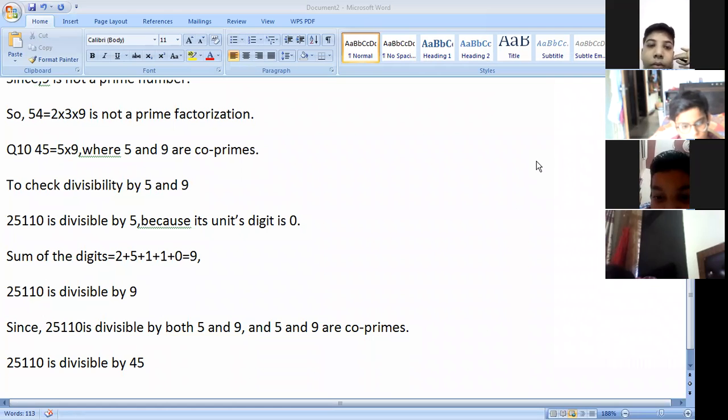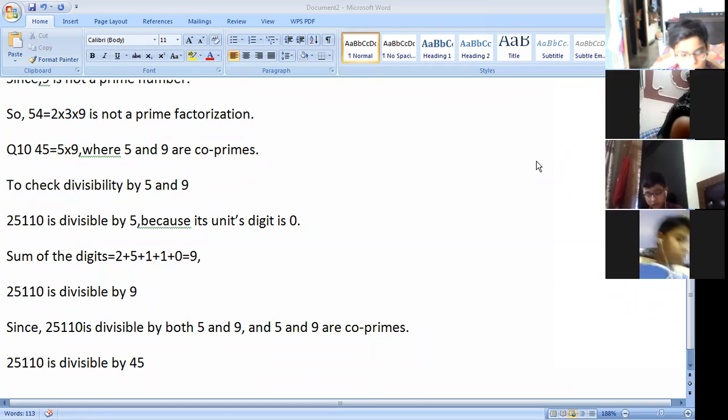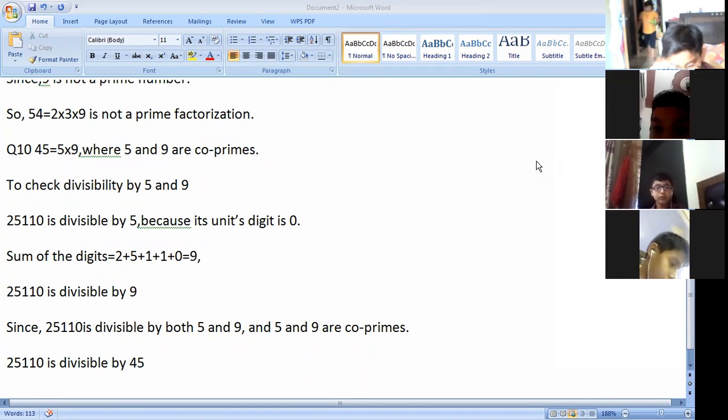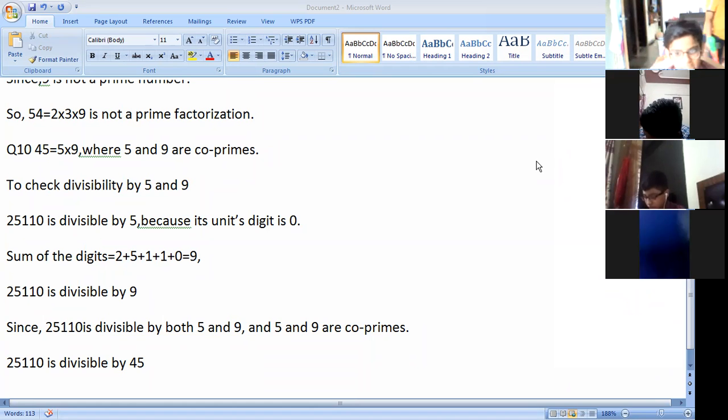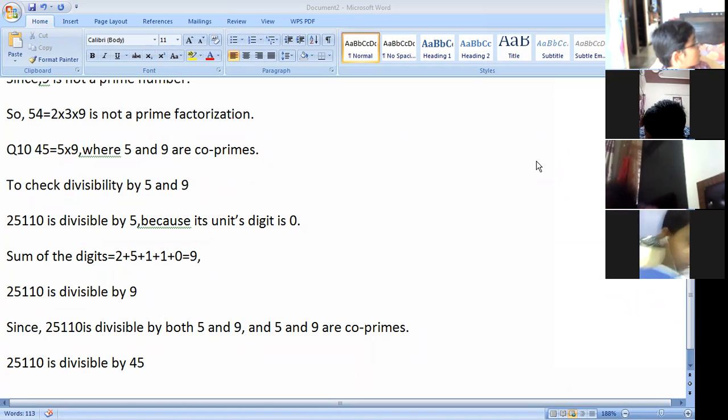Araf Kulial, read the next question. Unmute yourself. 18 is divisible by both 2 and 3. It is also divisible by 2 multiplied by 3, which is equal to 6. Similarly, a number is divisible by both 4 and 6. Can we say that the number must also be divisible by 4 multiplied by 6, which is equal to 24? If not, give an example to justify your answer.